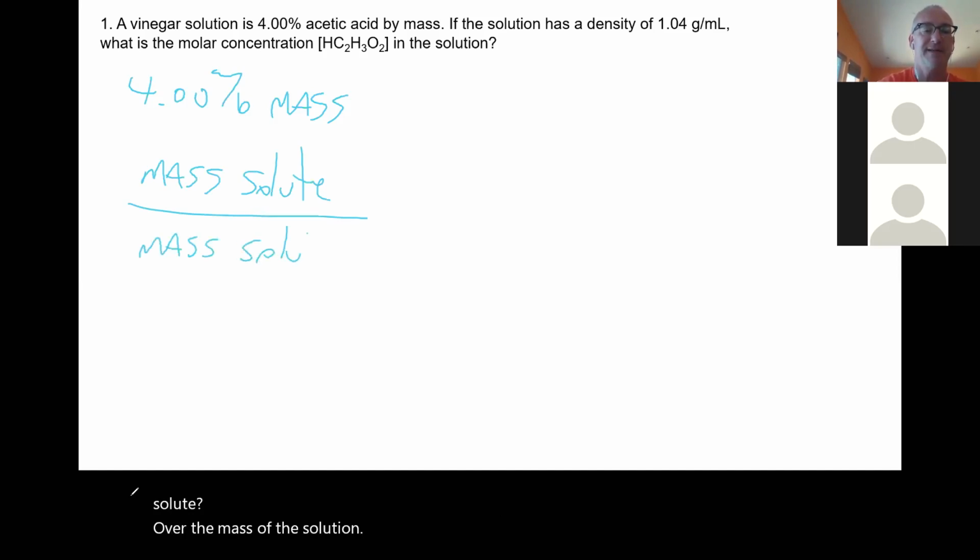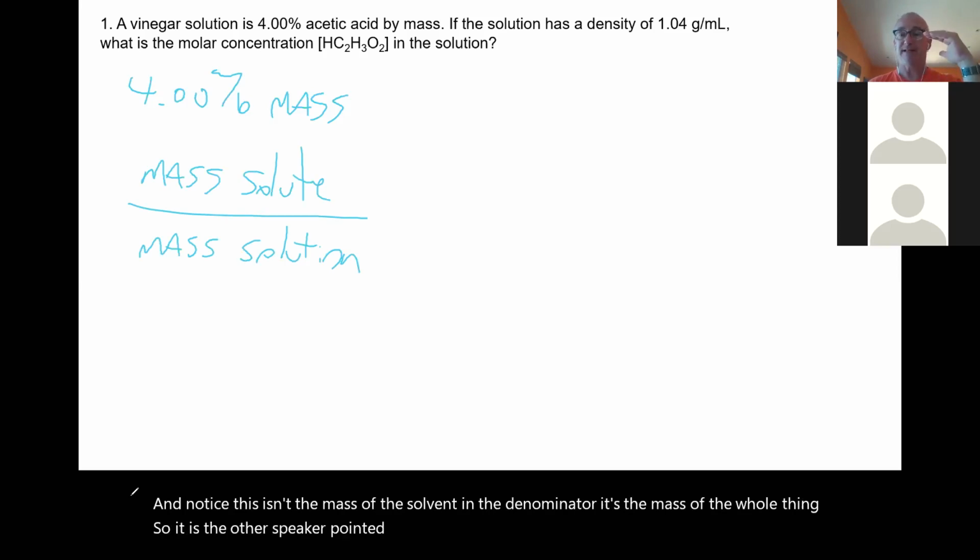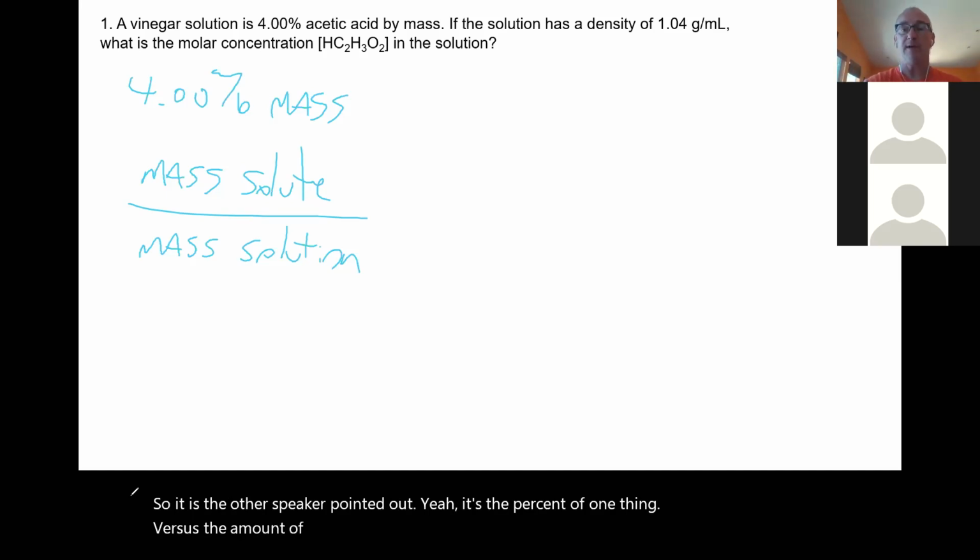And notice this isn't the mass of the solvent in the denominator, it's the mass of the whole thing. So as the other speaker pointed out, it's the percent of one thing versus the amount of everything. And that's why we need the density,